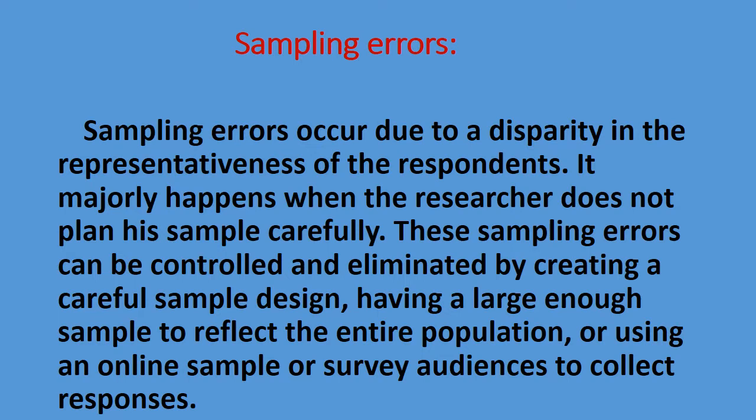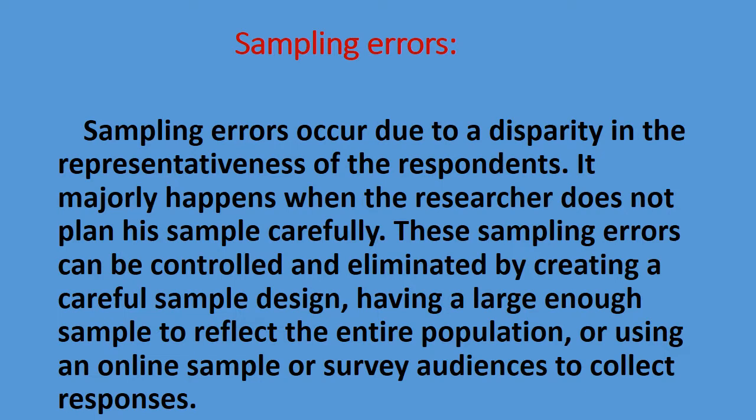Another possible cause of error is chance. So here the process of randomization and probability sampling is done. If you want to minimize the error, it is better to go for randomization. So we minimize the sampling process error by having randomization, but it is still possible that all the randomized subjects are not representative of the population.